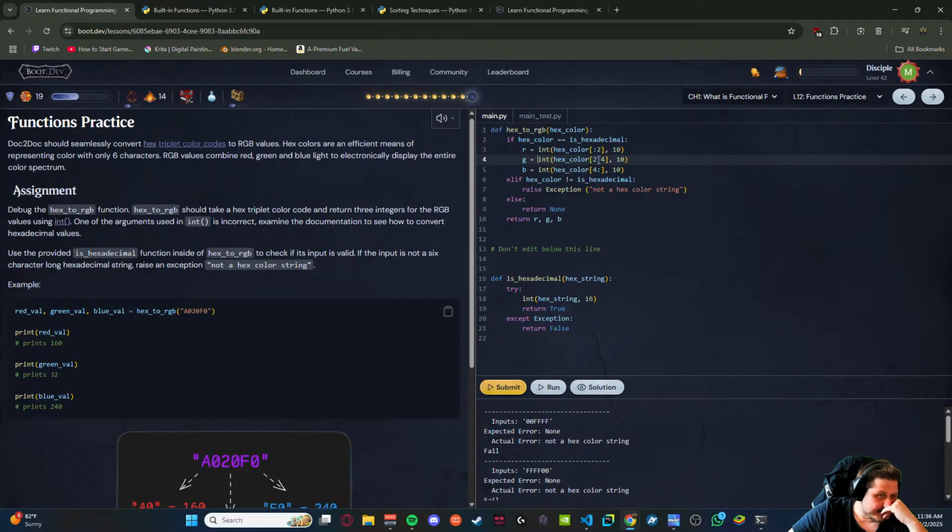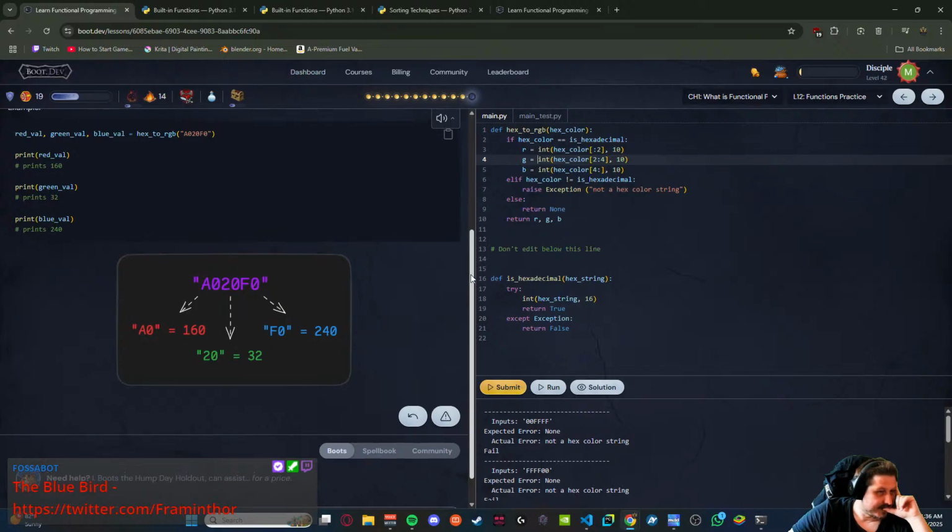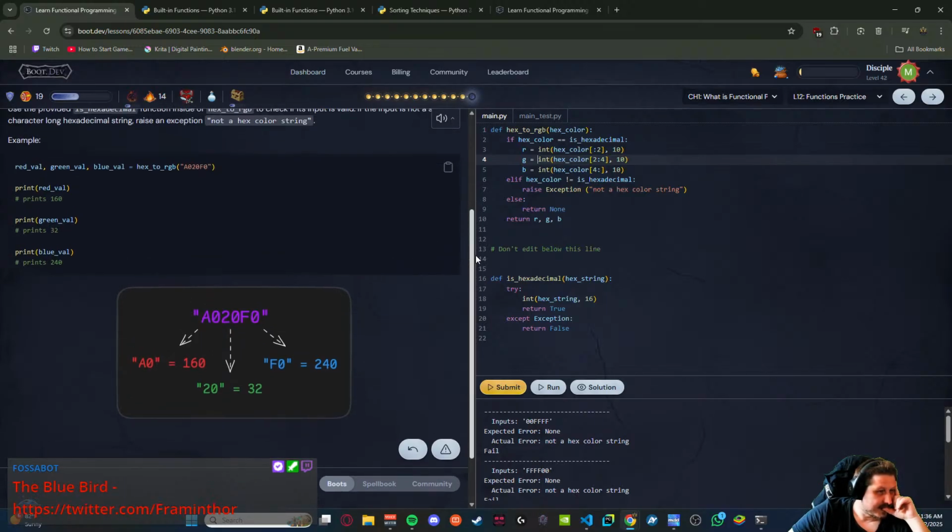But, hex to RGB. This, let's say 00FFFF, right? So that would be the color.